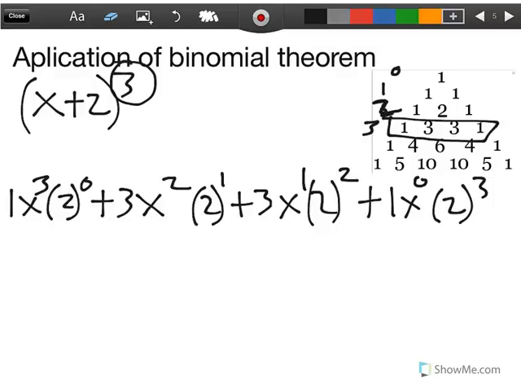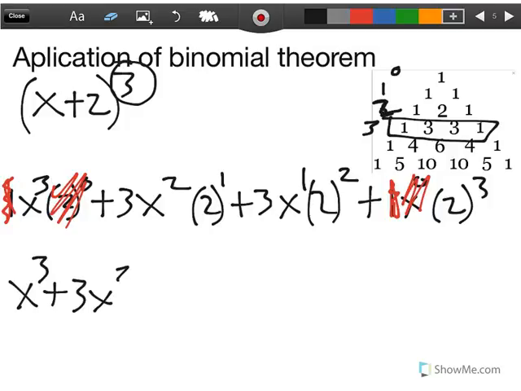So once again, we will cancel out the terms that are not needed. We can get rid of the 1 at the beginning and at the end because they have no effect, and also cancel out the terms raised to the 0 power. After canceling, we will be left with x cubed plus 3x squared times 2